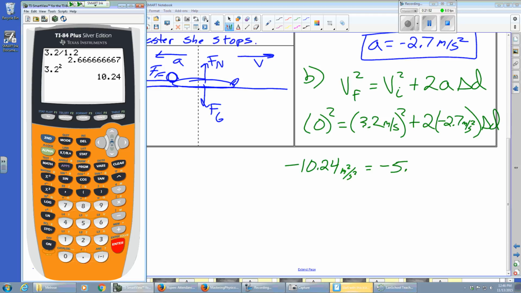Negative 5.4 meters per second squared delta d. And then I should get a delta d of,